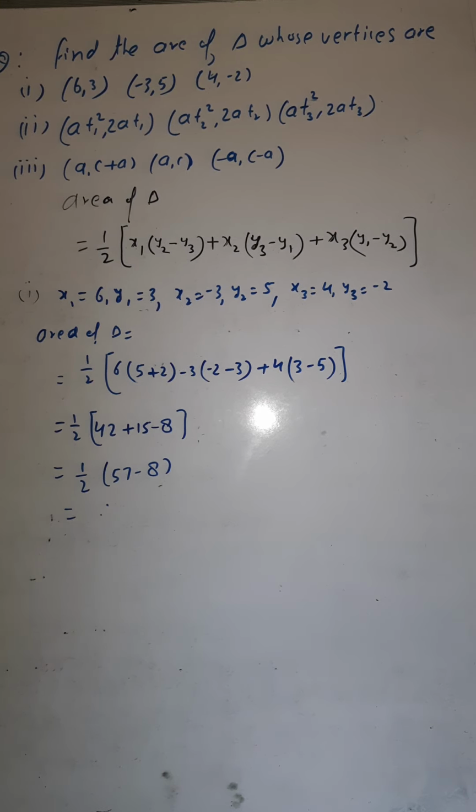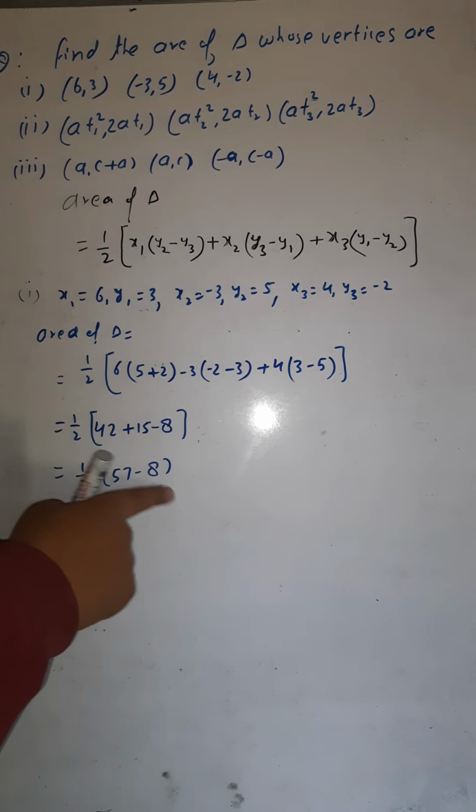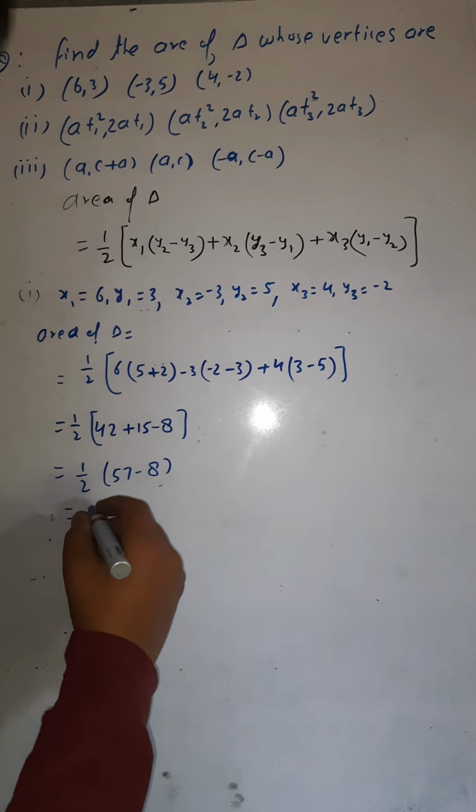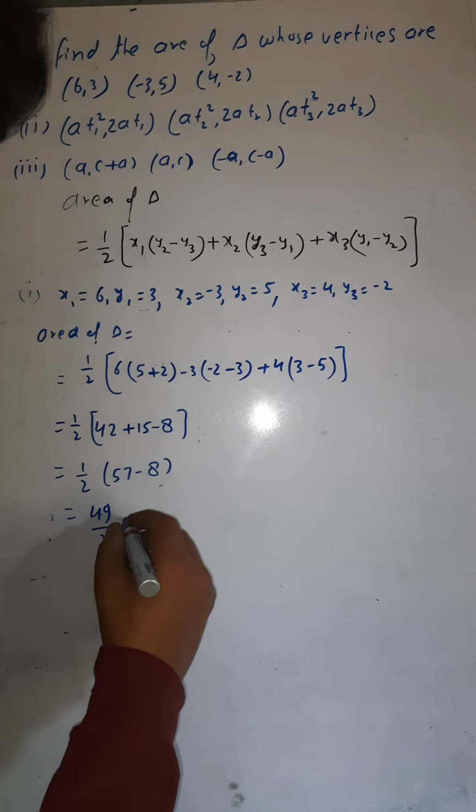If I am not wrong, it is 59. Yes, 49. So it would be 49. 57 minus 8 is 49. And 49 1 ja 49. So you can write it as 49 by 2